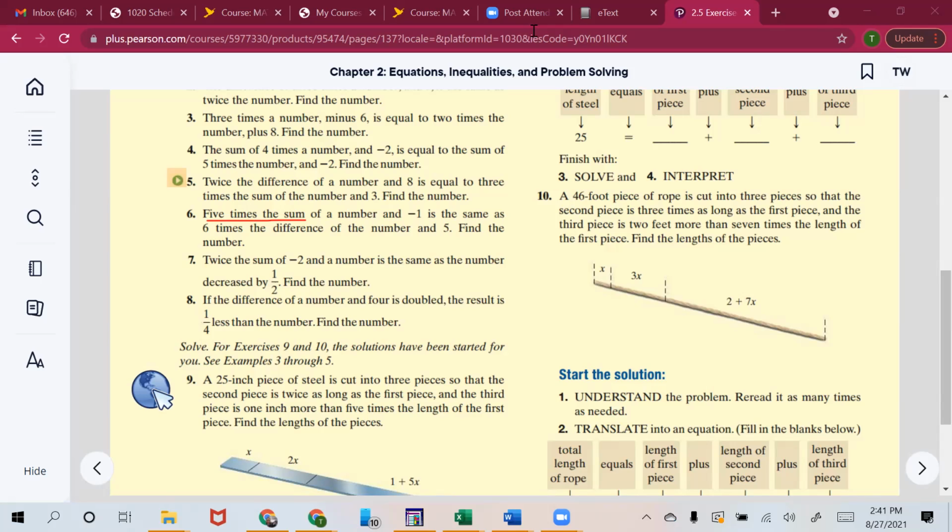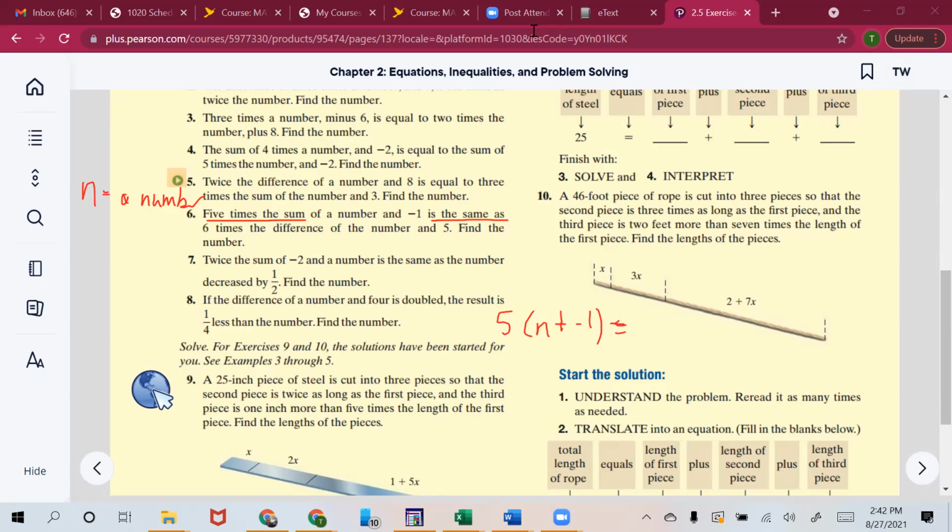And well, we don't know our number, right? So let's let our number be equal to n. My goodness, I've pulled out all the stops. So our number is going to be n. So we've got the sum of a number, which is n, plus -1. That's the sum. So now we're going to do 5 times that sum. So this needs to be in parentheses times a 5. Is the same as. So is the same as is going to mean equals. So it equals